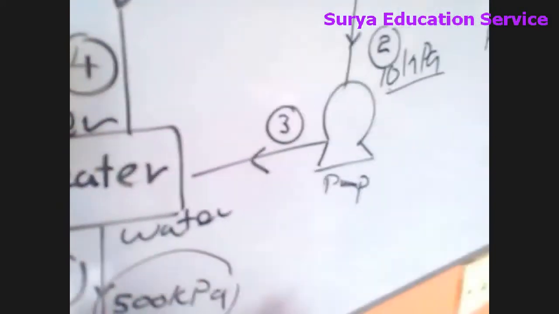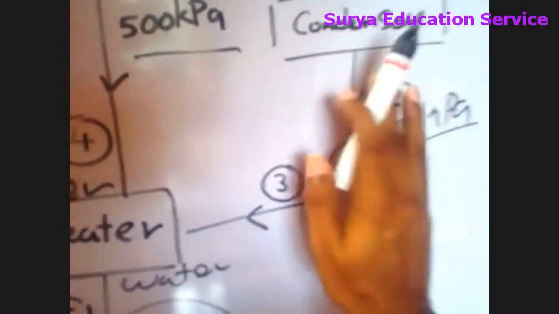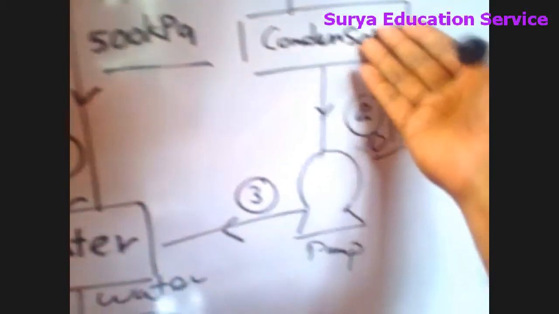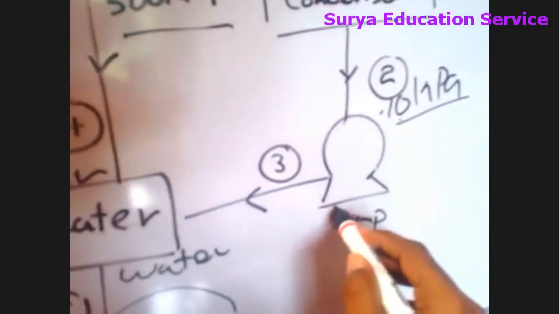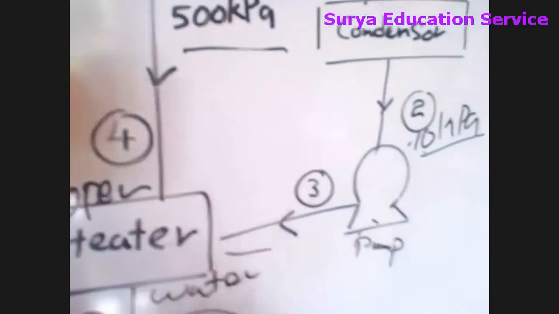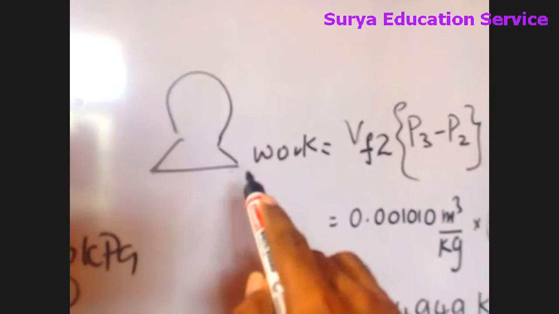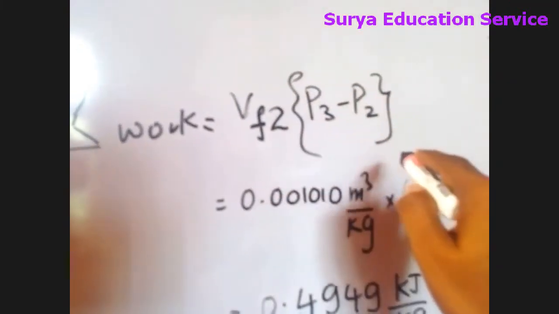So now the fact is, after you get the condenser output, you can't directly give it like this, you need to use a pump over there. After collecting the water from the condenser, you need to pump that to the heater, right? So now the problem is how you are going to calculate this pump work, right? The case is very easy. So now we can just focus here. The pump work equals Vf2 times the pressure difference, guys.